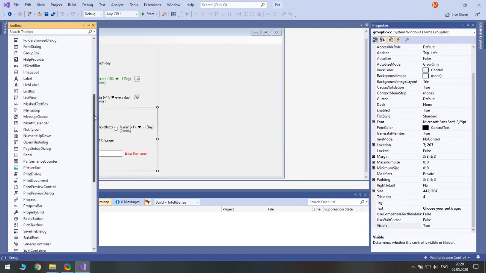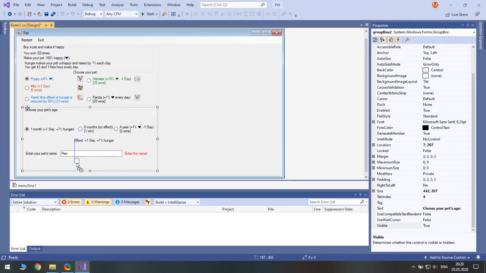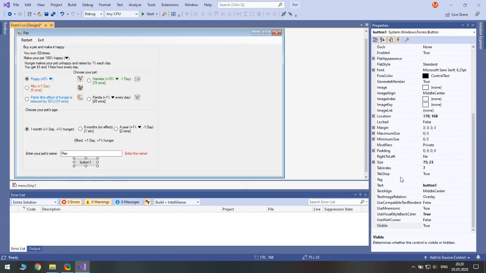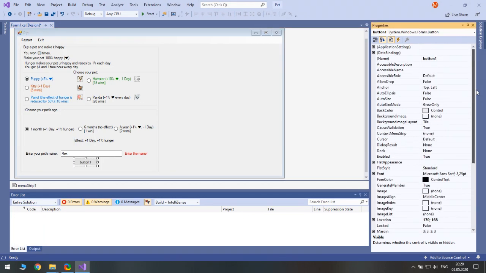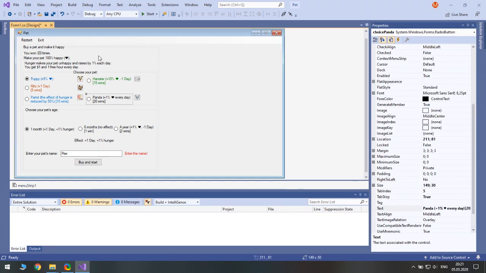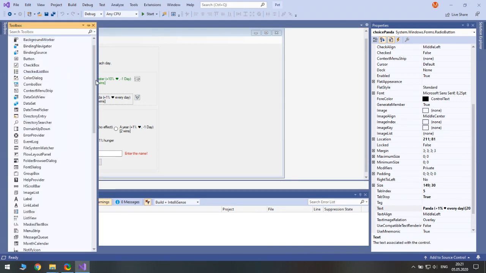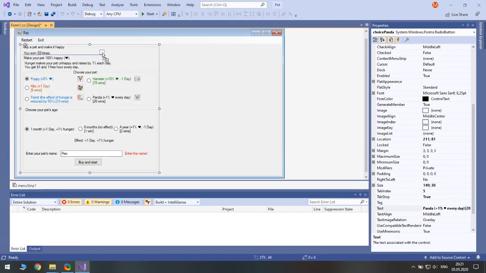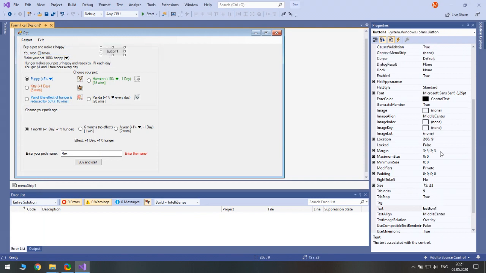Yeah, and we need a button to start the game. So button start, and buy and start. Let's imagine that we are at the pet shop. Buy and start. We need buttons just for us, not for the user, only for testing. Buttons to add win.